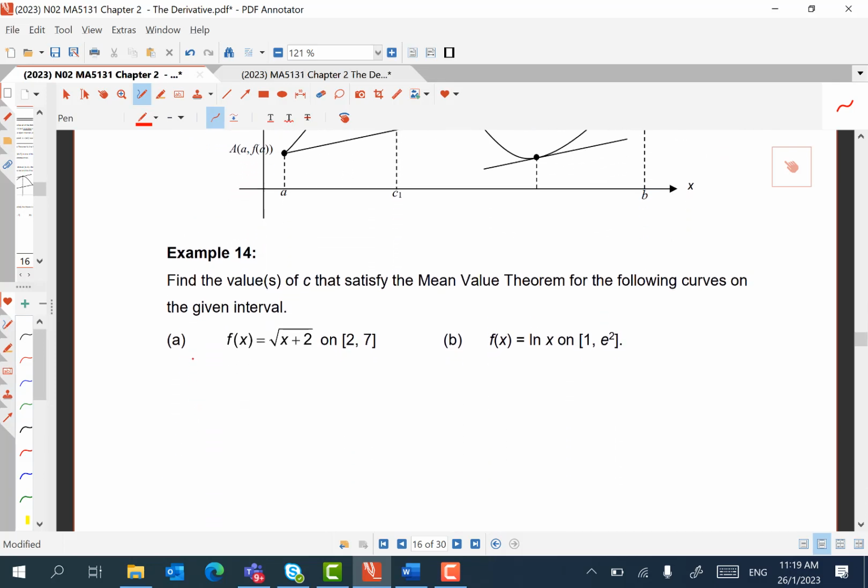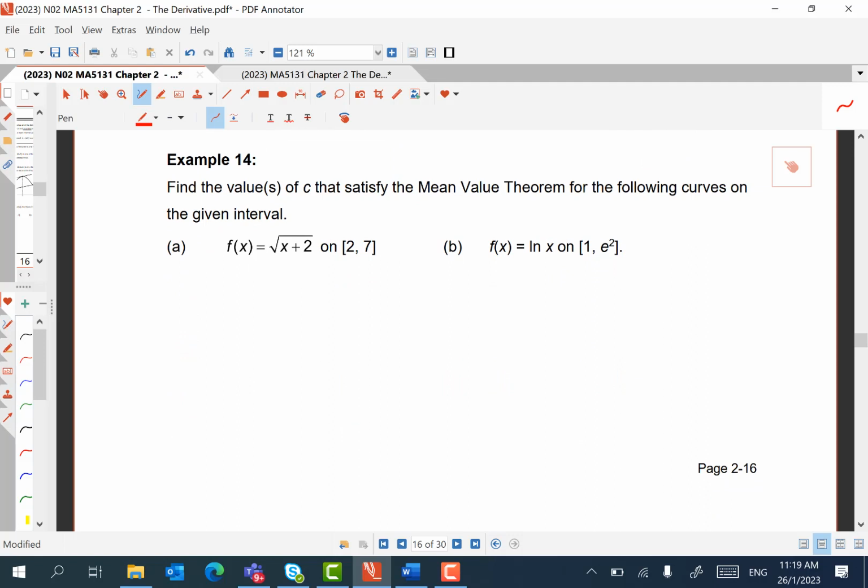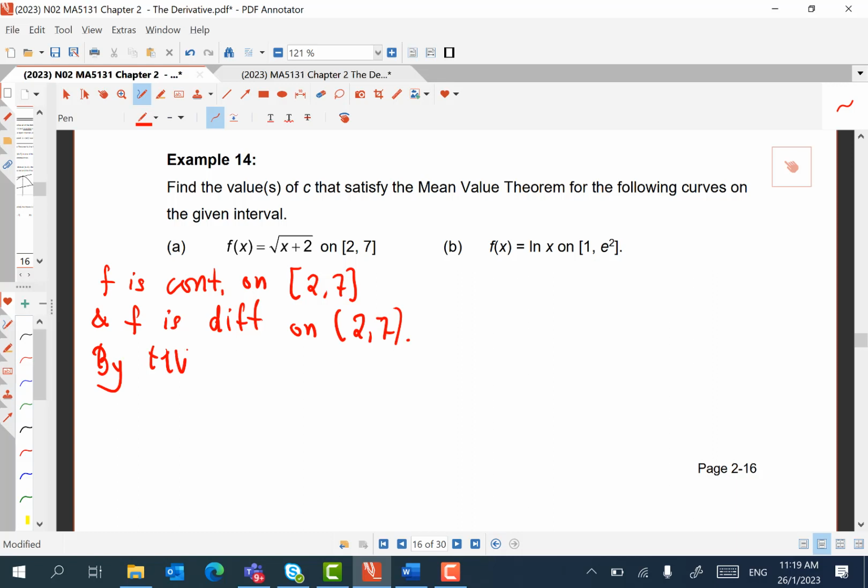Okay, this question, part A. So again, part A, right? f is continuous on [2, 7] because square root is a continuous function and x plus 2 is a polynomial function, and f is differentiable on (2, 7). By MVT, there exists C element of (2, 7) such that f prime of C is equals to